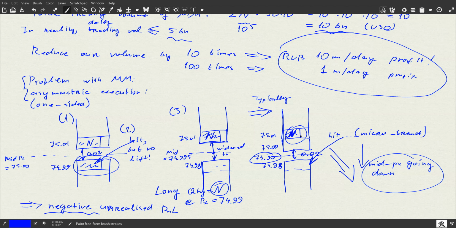And it might be that in order to close your position, you eventually sell your dollars, but now because the price is falling, you sell it at a lower price. So now, for example, if you aggressively sell, you would sell at 74.98 and you bought it at 74.99, which is not a good idea. And therefore, instead of making this profit from market making, you got a loss. So market making is difficult because microtrends occur and you don't know what to do with your one-sided fill